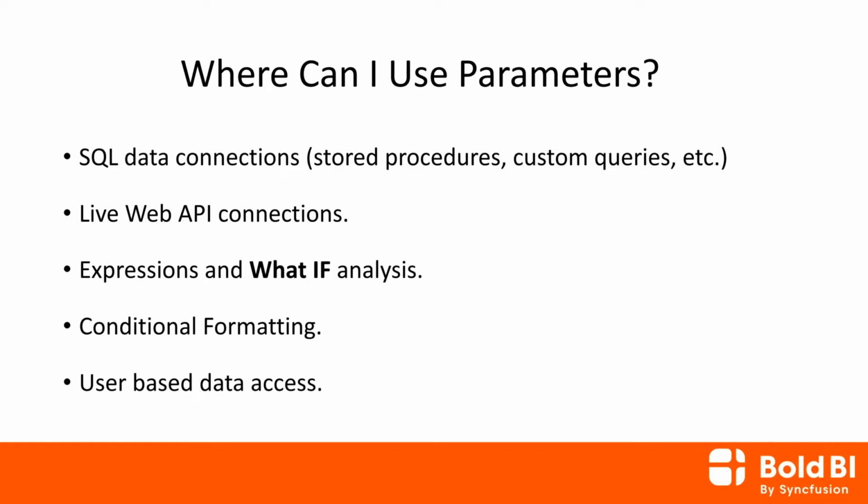And you can also add parameters in conditional formatting. For example, you may have charts and grids with conditionally formatted visuals. You may have a condition, say if the sales is greater than a million, you have to display it in a green color, and so on. And this condition that is greater than a million is going to change. It is not going to be the same forever. And this value can be changed using a parameter, and hence the conditional formatting and the colors, and how you visualize the dashboard can altogether be changed using parameters.